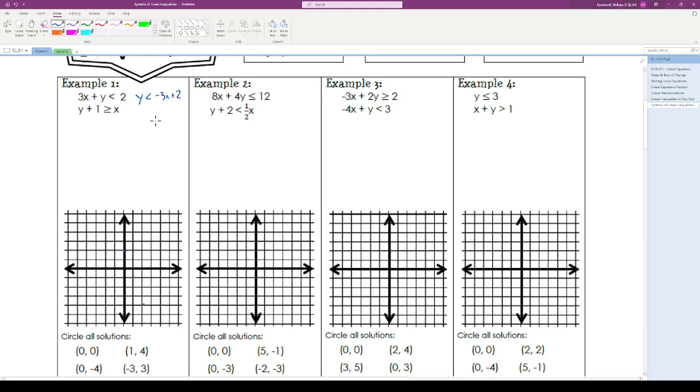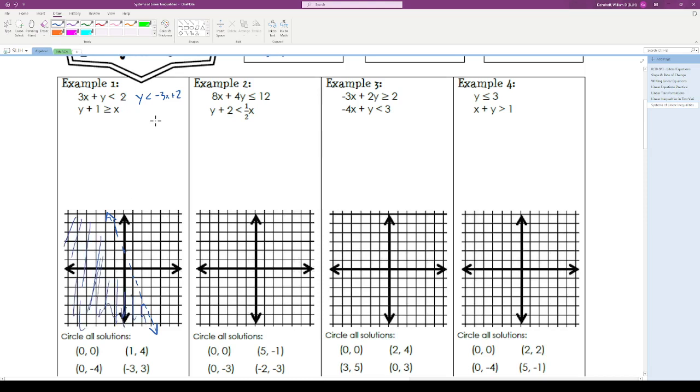And then, since this is a less than, we're going to put a dashed line. We're not going to put a solid line here. Remember that we still put arrows at the end of this dashed line to show that it goes on forever to the left and the right because there's no limitations to our domain and range that are given here. Okay, so then we have y is less than that, so we would shade this area over here below the